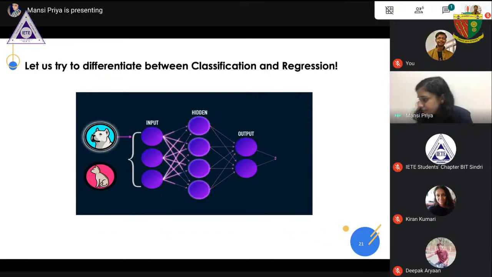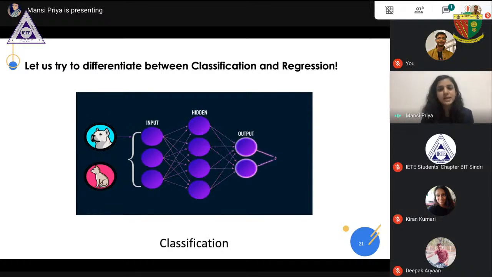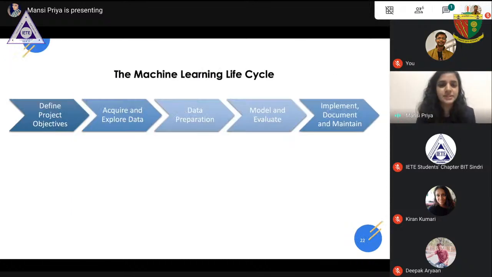Yes, here I can see a very unanimous answer that it is a classification problem. Yes, so all of you are right, and I'm happy that I didn't get any regression for this. Yes, this is a classification problem. So well done, everyone. Thank you so much for participating. Now let us start again with some more theory.